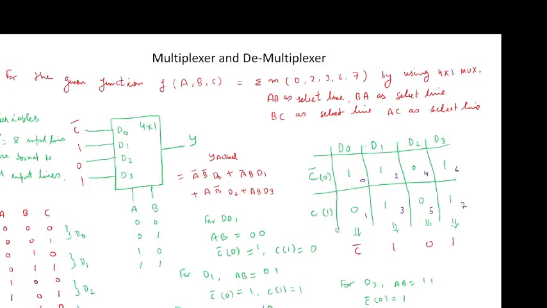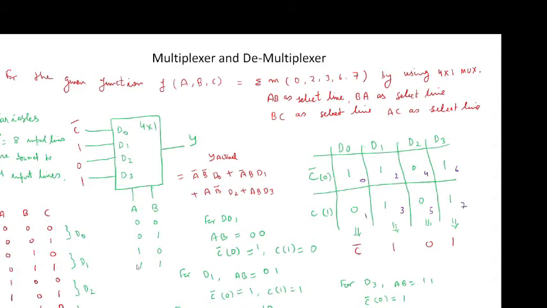Now for D1, you see that A is equal to 0, B is equal to 1. Now see where A is equal to 0 and B is equal to 1. See here, line 2 and line 3, A is equal to 0 and B is equal to 1.